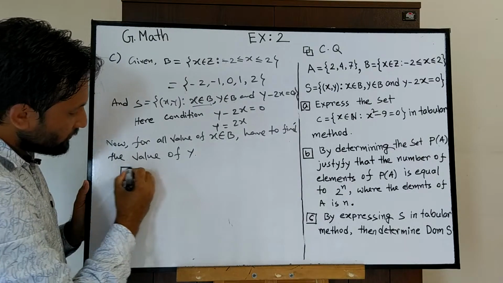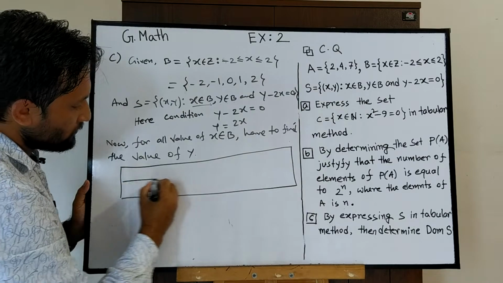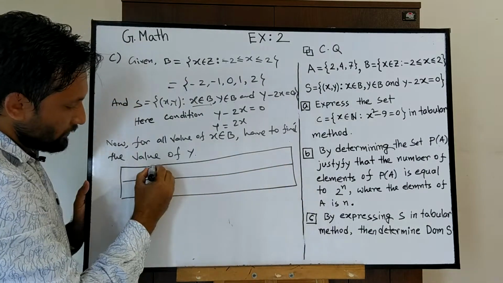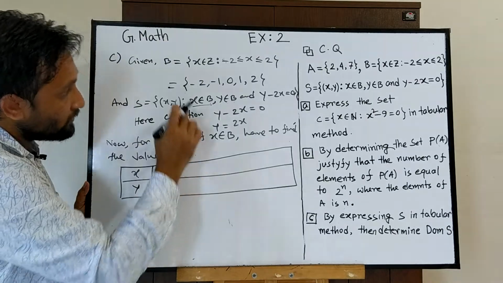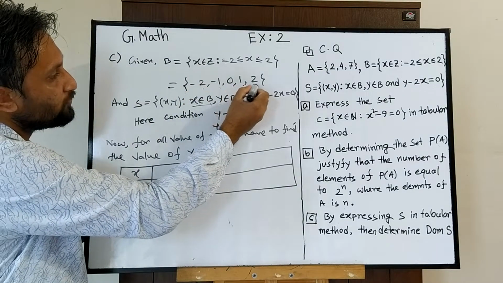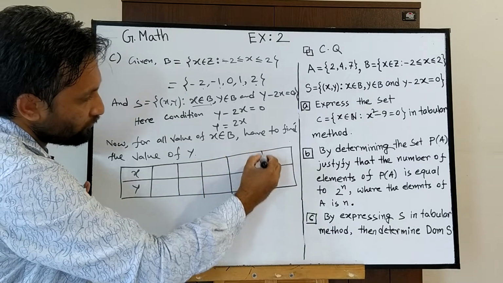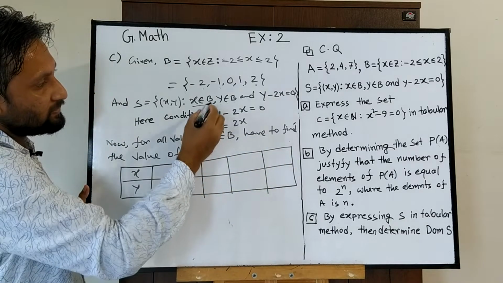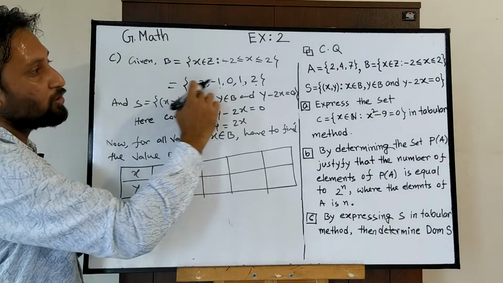So create a table like that. Here x and y, so the elements of B are 1 2 3 4 and 5. Here in this condition of S, x is an element of B, that means all of these elements of set B,